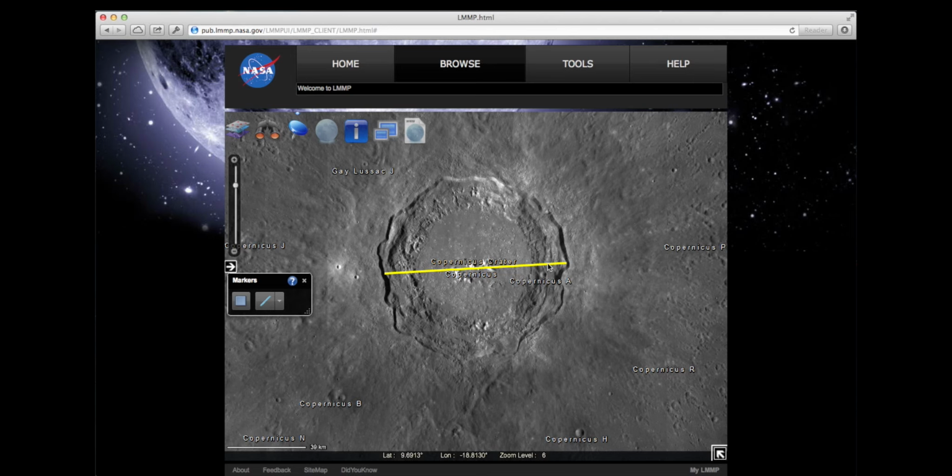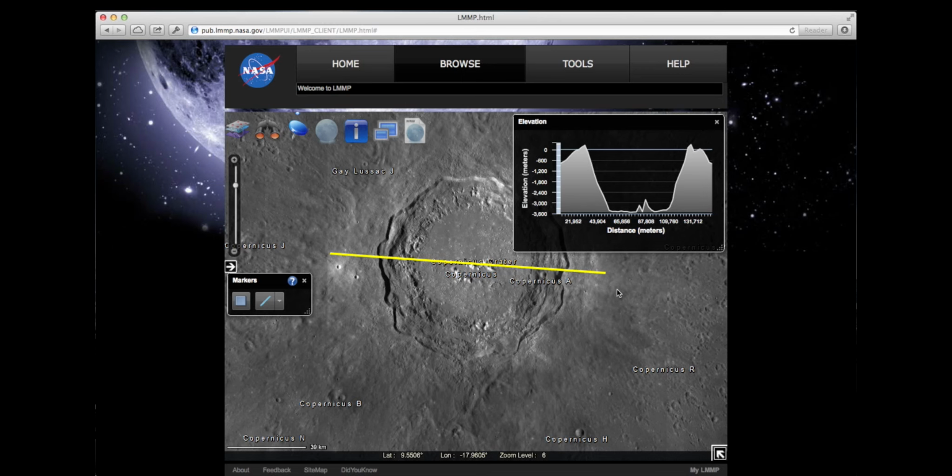So in addition, let's just remove this line first. Let's draw another line that will cut across from one rim to the other, also covering the peak in the center of the crater. And here you can click on it and be able to calculate the elevations of the crater, which here